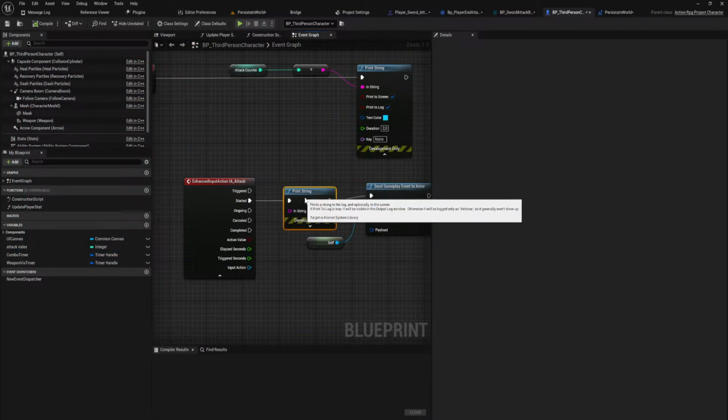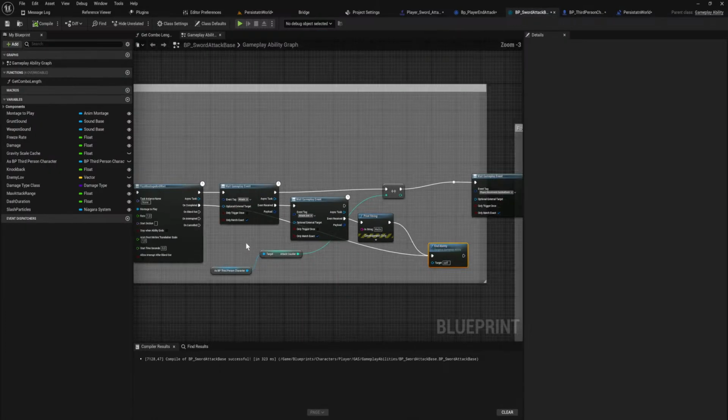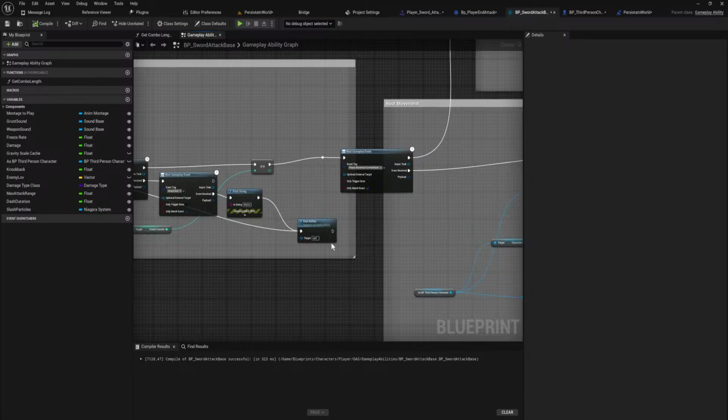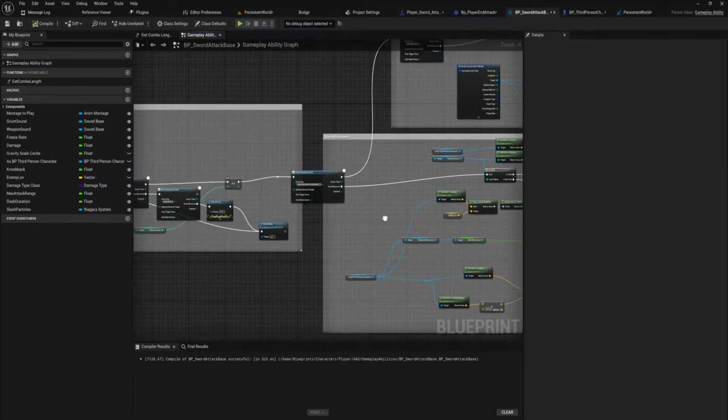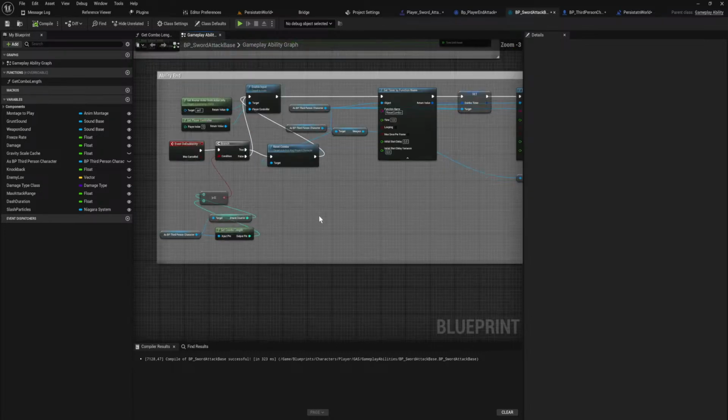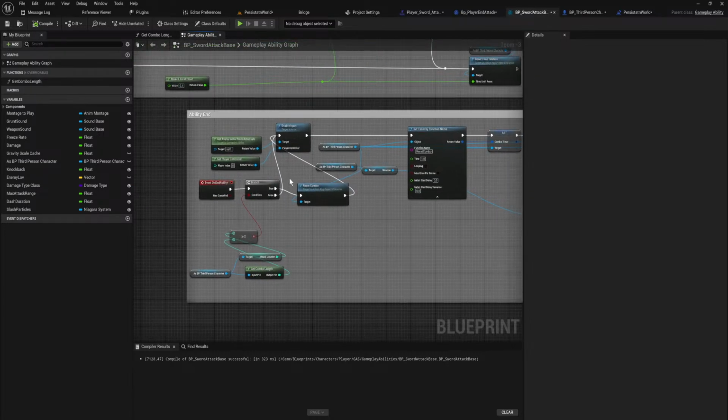It does disable my input for a little while. I forgot about that. Where does it actually re-enable my input? Disables my input? At what point does it re-enable input? Only on endability, doesn't it? Yeah. So combo length. When that's false, it enables input. Also, otherwise it resets. Okay, so